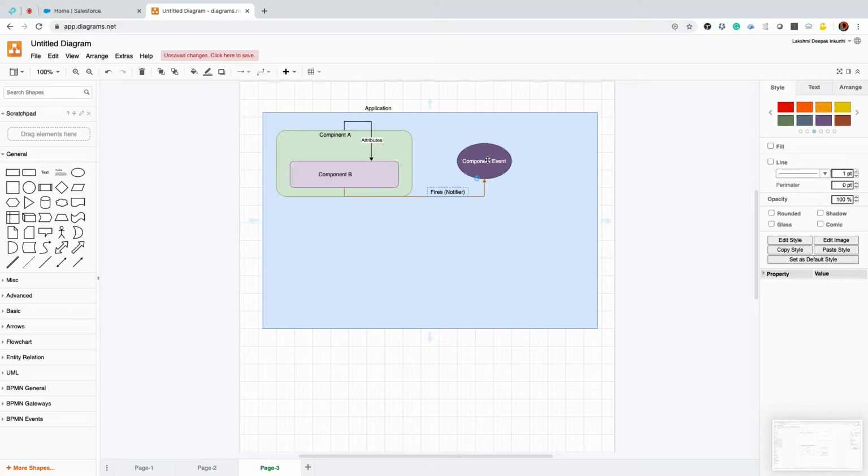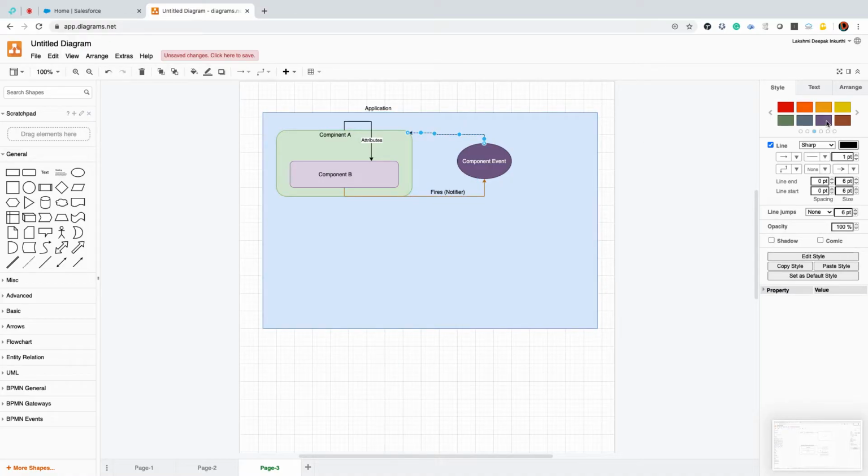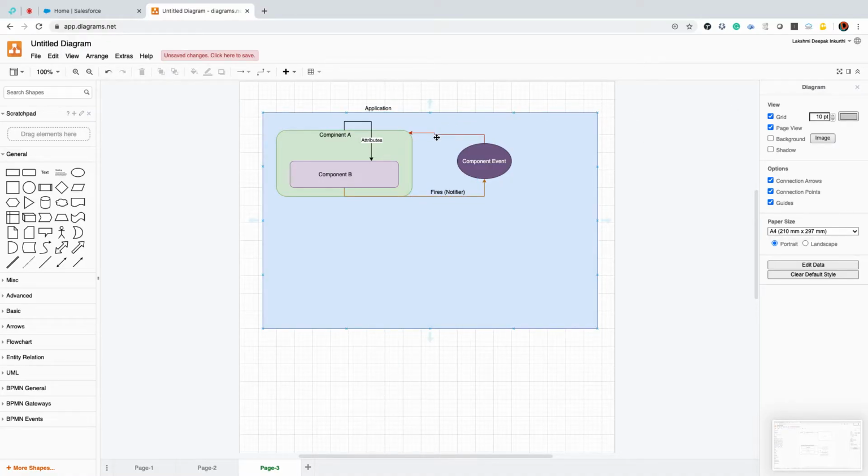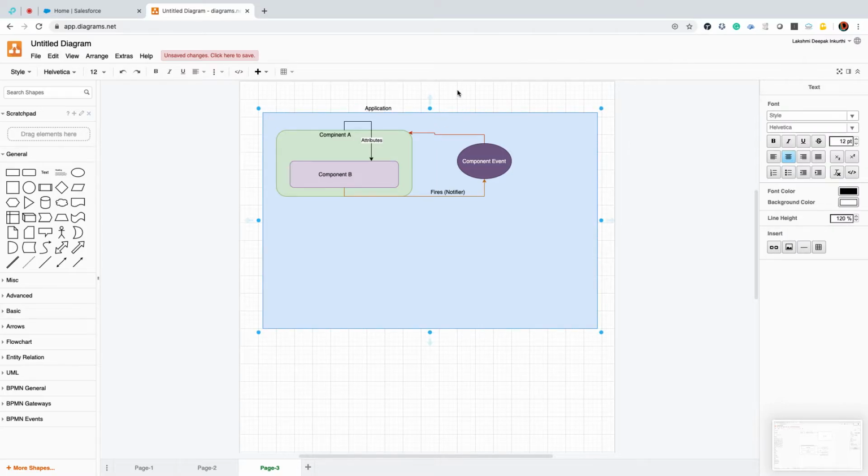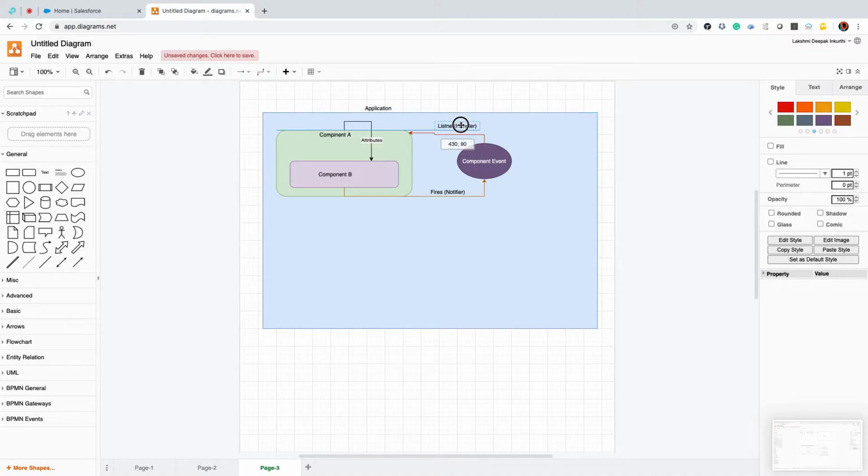So this notifies component A. A component handler will be registered in component A's event handler. A listener is nothing but a handler, a component event handler.